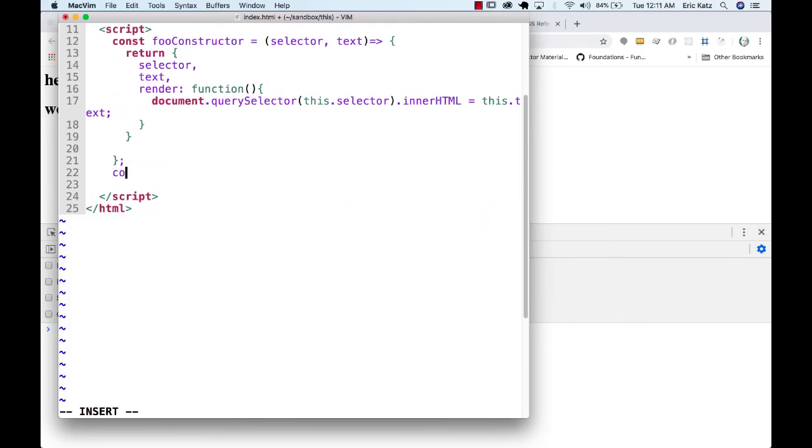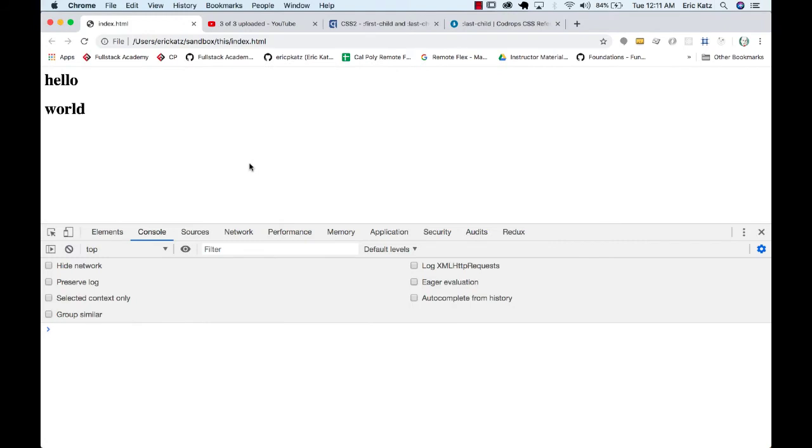And we'll say foo1 equals foo constructor. We'll pass in our h1 first for the selector, the word hello, and we'll tell foo1 we want you to render. We're getting back this object,